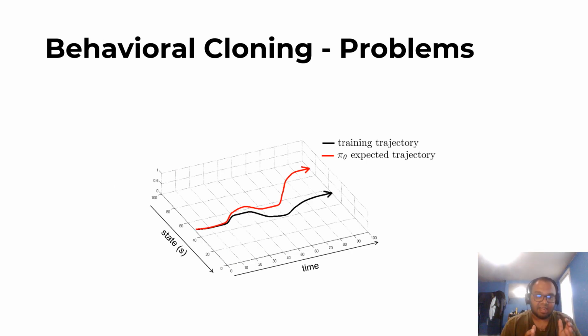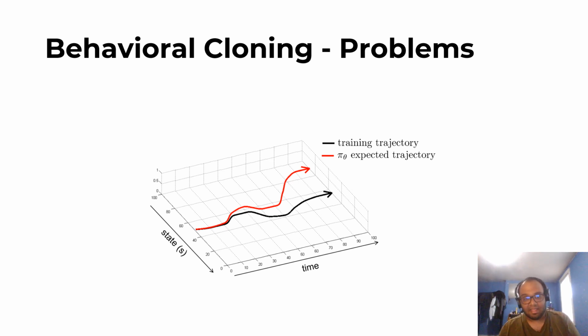But just directly mapping states to actions has severe drawbacks. One of the very apparent problems with behavioral cloning is the problem of distribution shift. So say during test time at a particular state or a particular time step, the agent takes an action or is displaced due to the